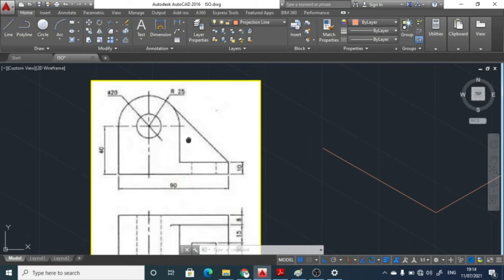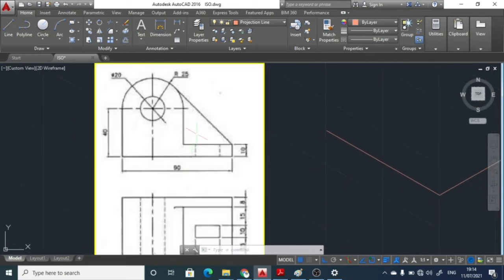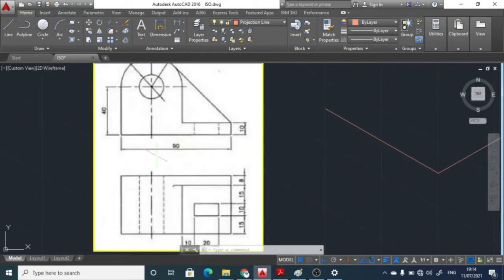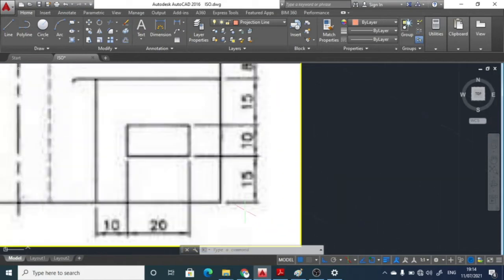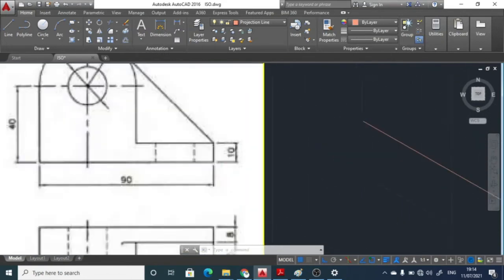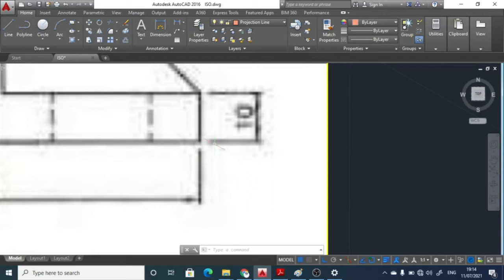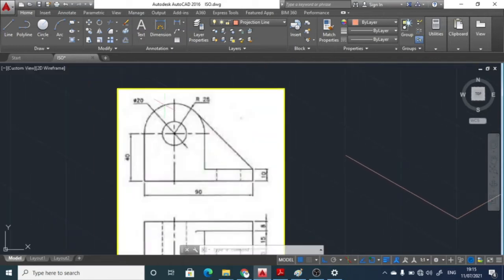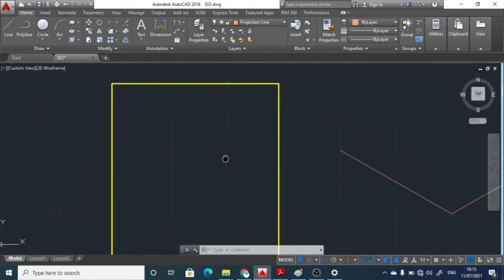Let's say this is the front view of the diagram. The O point is not given over here. Either we can take it on this side or on this side. Whenever the O point or origin is not given, that is a choice of ours. Fine. So identify that the O point or origin point is located at this particular corner point, and start copying this diagram over this plane.